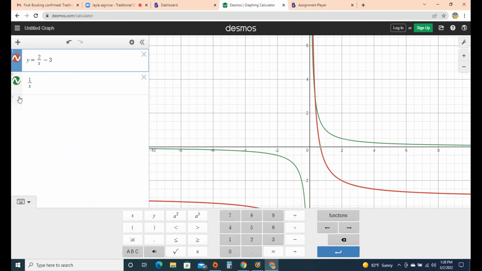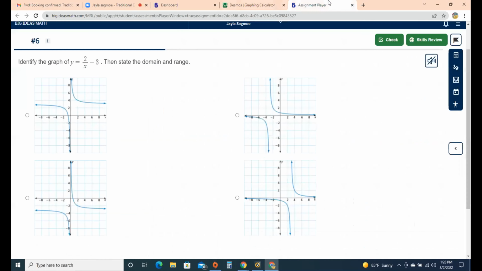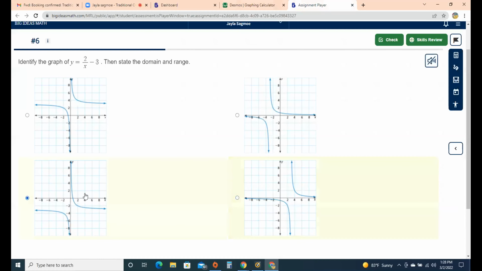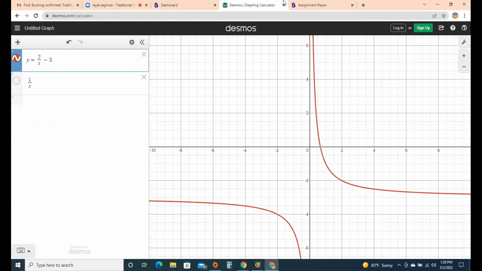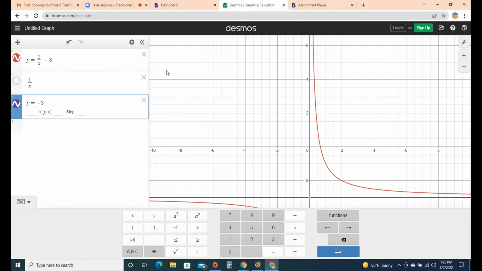And then either uncheck that other one, and then go to the third. Yeah, go ahead and check that one more time. Okay, go back to your Desmos, please. Just want to show you one more thing. So if you go down on the third line and type in y equals minus 3, not 3, minus 3. Now if you could just go to your graph and zoom out just a tiny bit,